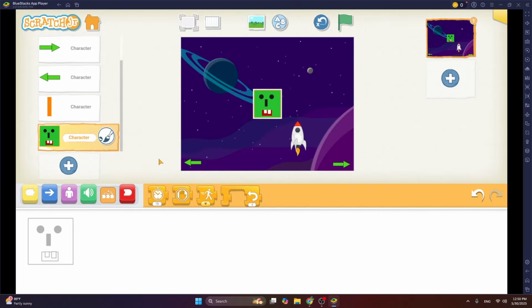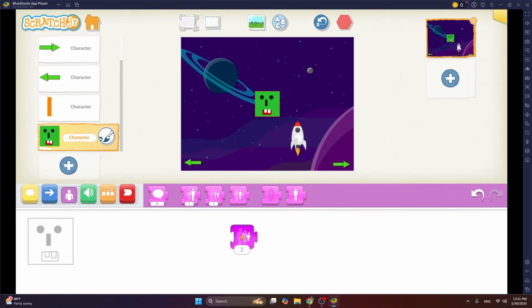First of all, it's pretty big, so I need to reduce its size too. So click on the purple look blocks, bring the shrink block down, tap on it a few times, okay? And the important thing is that we will be making more aliens. So the aliens should be placed in a way that they don't touch the arrows, okay? So don't make the alien go too much towards the left. It should be somewhere here, okay? Because they will be coming down, so I don't want them to touch the arrows, okay? So this is my first alien, and I can get rid of this shrink block.